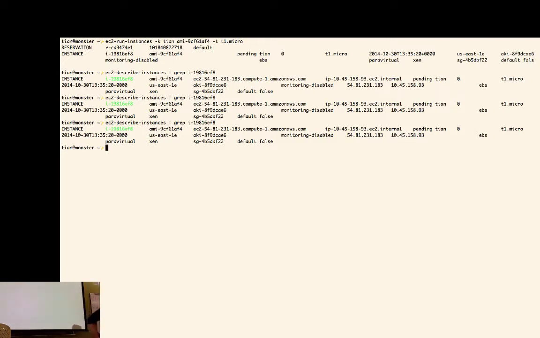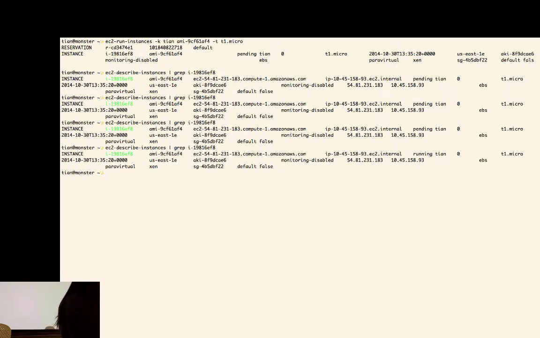But as you can see, it's already assigning a public IP address, in the fourth column in the first row, EC2 compute Amazon. This is basically the address that's assigned to this instance. Once the pending status changes to running, I can actually, okay, yeah, it's running. So you can actually SSH into this. Let's copy this IP address.